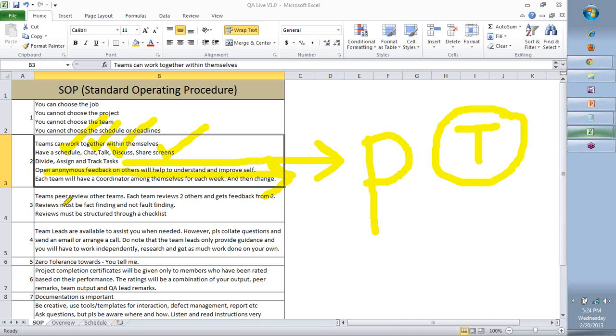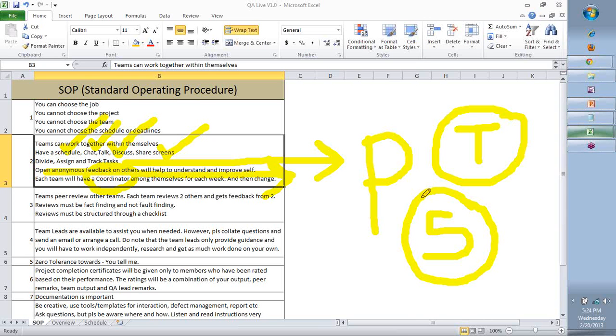Okay. Now, each team, we will identify a coordinator. Okay. One coordinator every week. So let's say if it's a 5-6 weeks project or 4 weeks or so, then we will have 5 different coordinators for each team. So it can keep moving from one person to the other each week. Who is a coordinator?